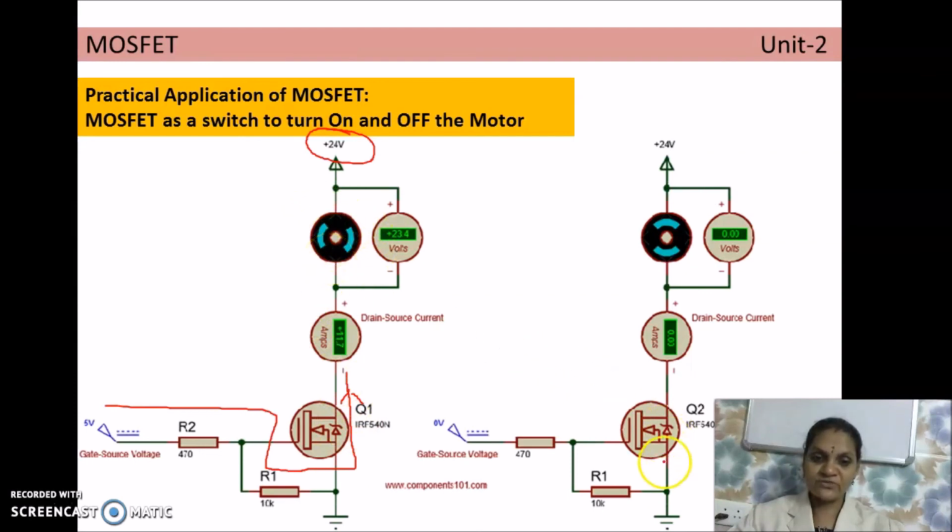If you want to turn off the motor, what we have to do is, instead of 5 volt, here we have to supply 0 volt. So 0 volt means no current will flow. So this voltage will not be available. Once this VGS is not available, the transistor is said to be an open switch. So no current will flow and the motor is said to be in off position. So even though this voltage is available, only when this current flows, this circuit is said to be a closed one. Otherwise, when the transistor is not conducting, it acts as an open switch. When the switch is open, this 24 volt supply is not connected to ground. So this motor will not get turned on.